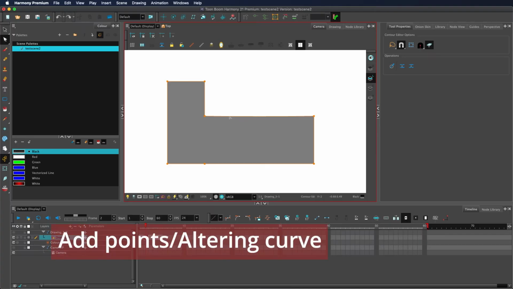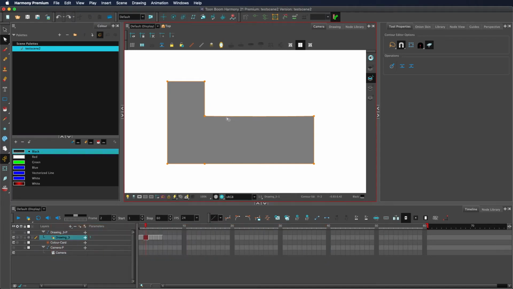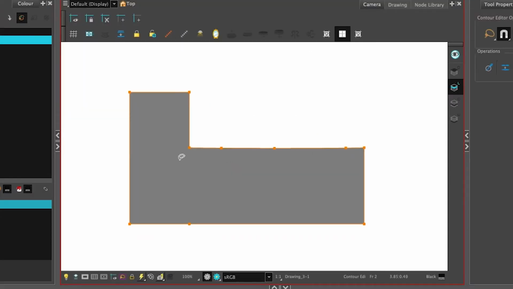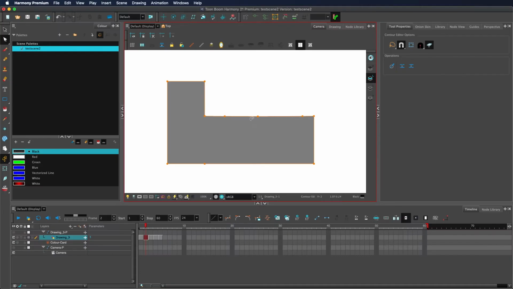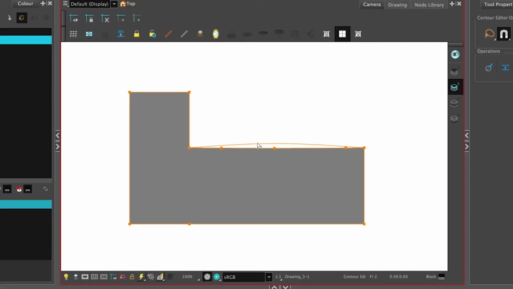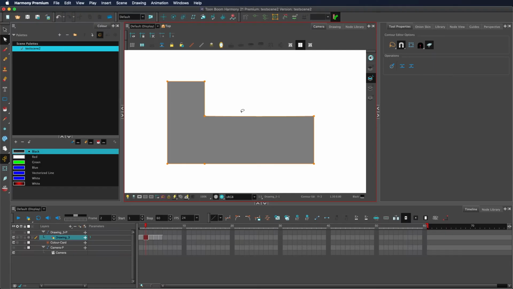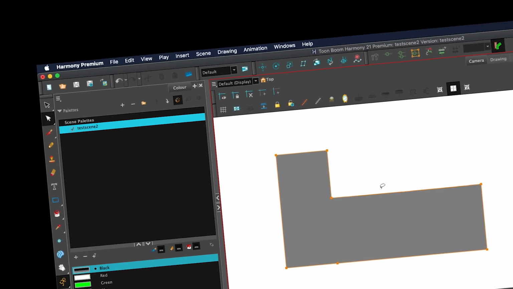To create new points, we can hold Control or Command and then click on the orange line to create new points. If you accidentally went overboard and created too many points, just nudge the shape by dragging in the middle of a line, put it back to where it was, and Harmony will optimize the shape. Remember the keyboard shortcuts. Add control points via Control, and you alter the Bezier handles via Alt. Doesn't really work on macOS where it's Command, but you get the idea.